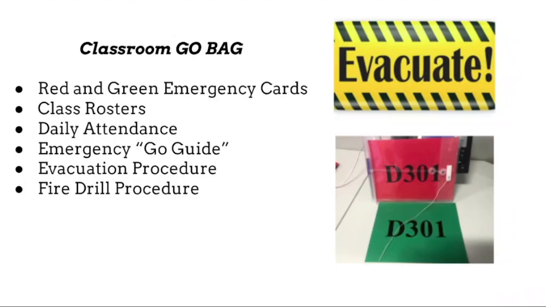Anytime you leave your classroom with your class, grab your go bag. If you are taking your class to the library or outside to the playground, grab your go bag. You never know when an emergency may occur. Having your go bag provides you with crucial information. A red card alerts administration of a problem within your class. A green card signifies everything is okay. If you evacuate, you will need important student information, such as class rosters, to take attendance.